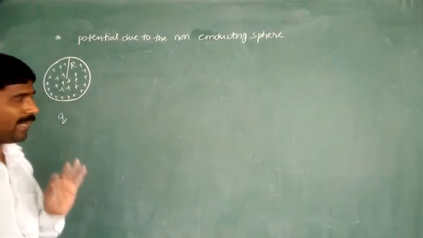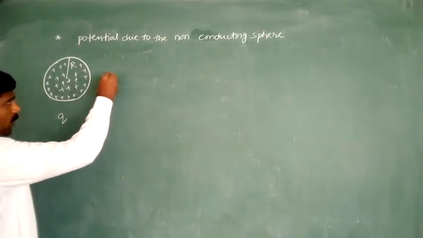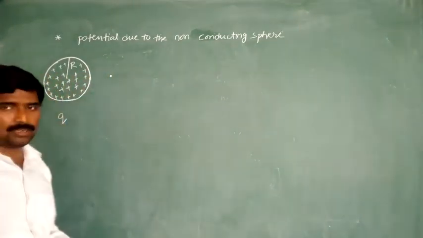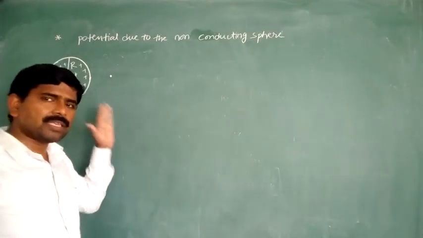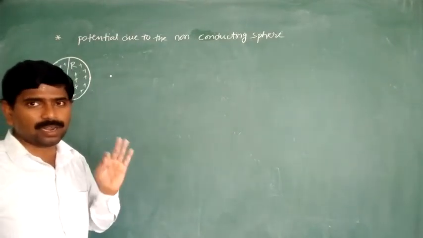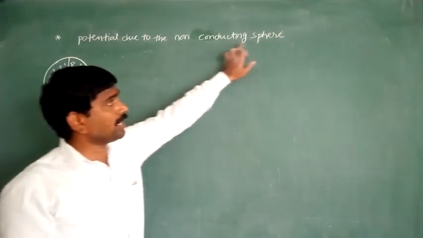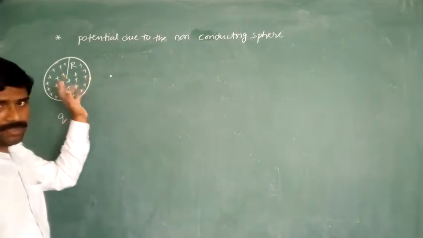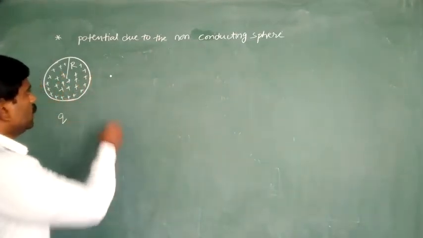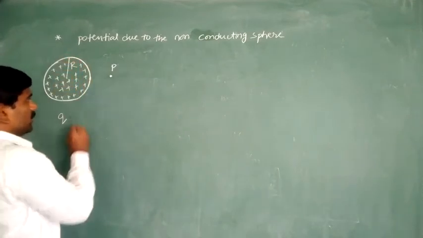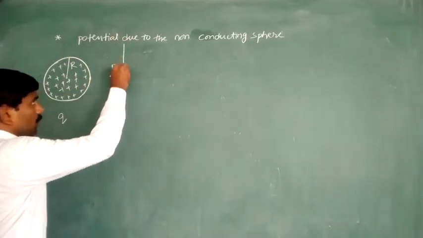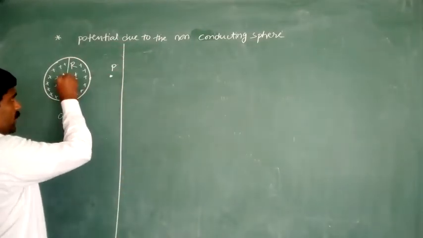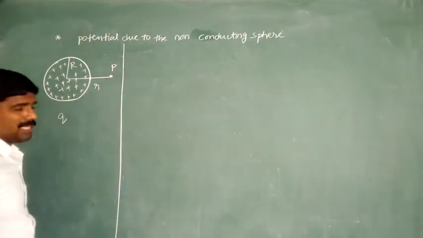Here also we have to find out the electric potential outside of the shell, on the surface of the shell, and inside of the shell. Not shell, sorry, this is the non-conducting sphere. Outside of the sphere, on the surface of the sphere, inside of the sphere. So right now, first case, V outside. Potential outside of the sphere is equal to how much? P point is at a distance of small r from the center.